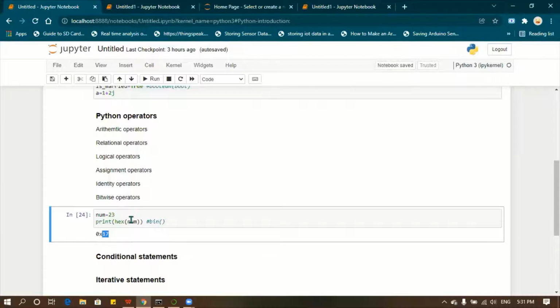Ma'am, can you show that bitwise operator example, the last one? Move it to left or right. Okay, that thing, one minute.